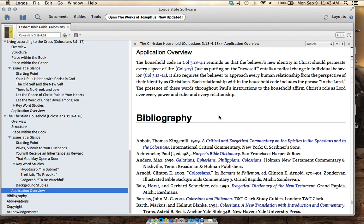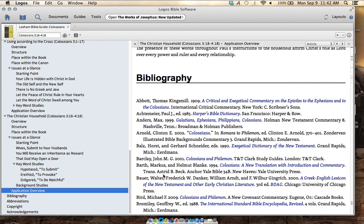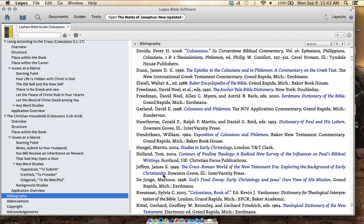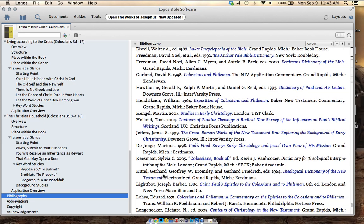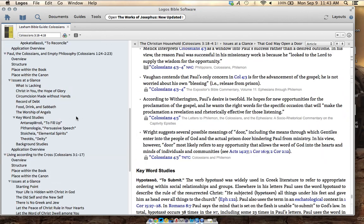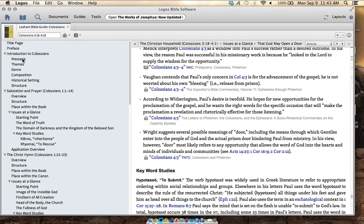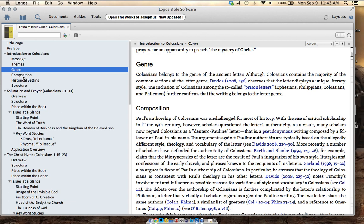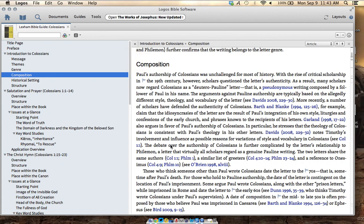Nice application overview, so you do have some theological merit in there. It is geared to the top scholars. You got Ochtmeyer, you have Barclay, Michael Bird, and most of them are top evangelical scholars. You do have some of the more historical critics. You got some older scholars in there as well. Let's see. You got a message, you got themes outlined, genre, composition, and it does talk about the controversy around Paul's